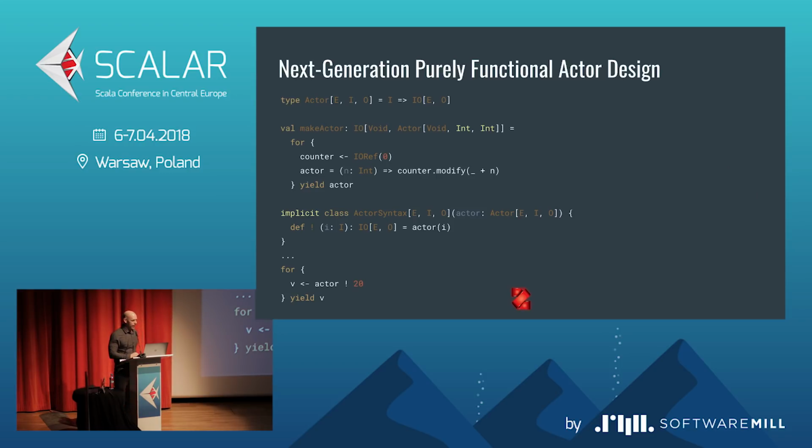So now we have a type of things that are actors, which of course are just effectful functions, and we can recast our make actor to actually return us something that is an actor inside the I/O monad. And then we can add this cool little actor syntax, a synonym for application, in case you prefer the bang symbol to function application. And there you have it, an example at the bottom of this actor being used. We're sending it a message, we're saying increment this counter by 20, and it's going to return the new value.